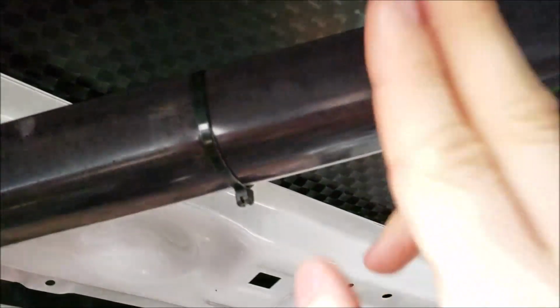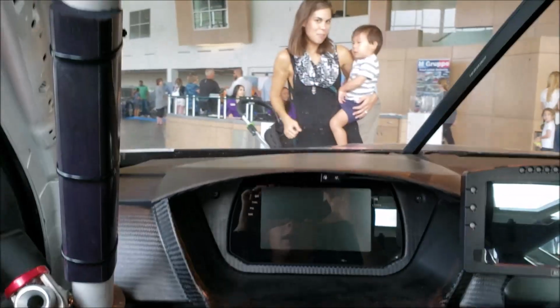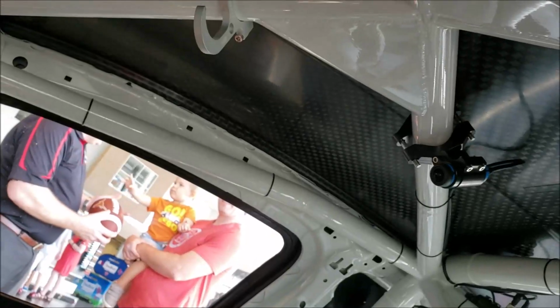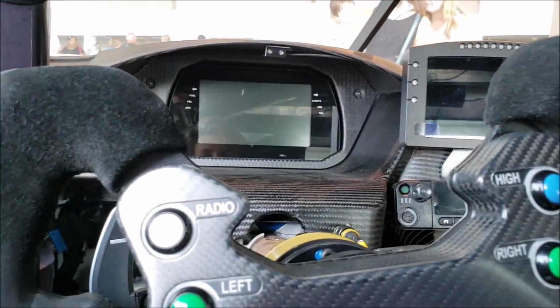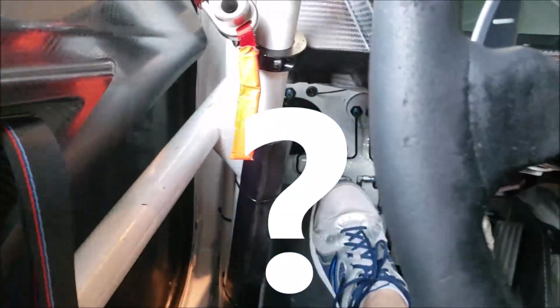Roll cage. I'm not sure what these are for. I mean, as you can see, this is eye level, and I fit in the seat, so the driver shouldn't be too much taller. You can't really see over the hood. Even if I hold the camera up, the camera right there actually displays somewhere so you can see in front of you. Very cool. Carbon fiber dash. This car must weigh, like...